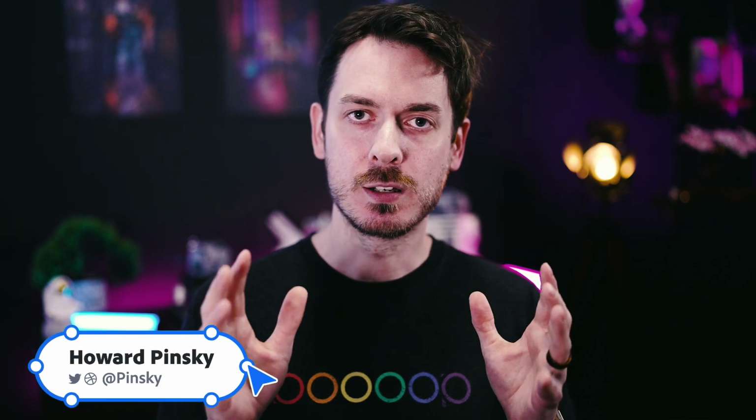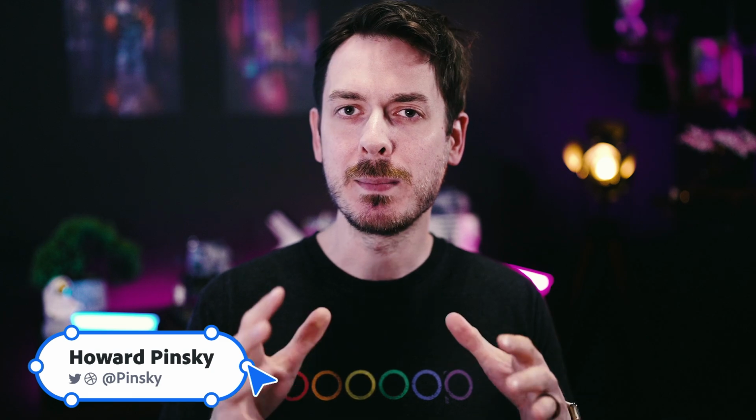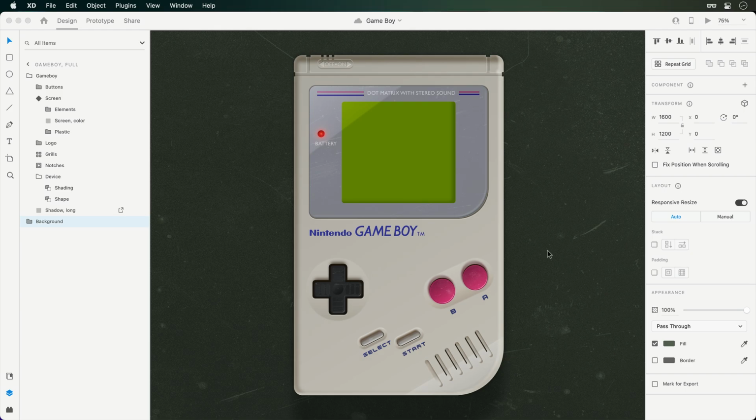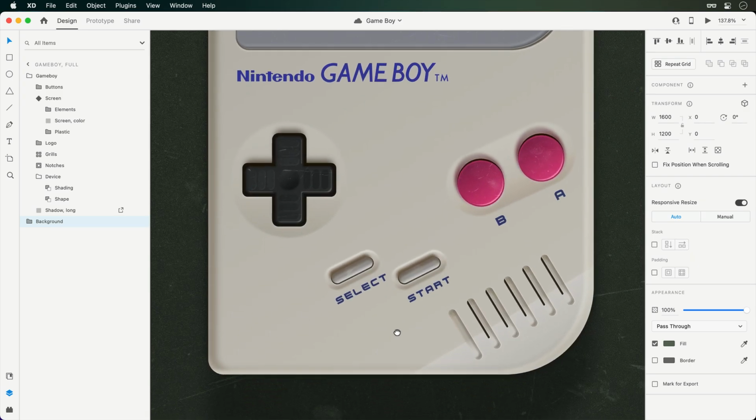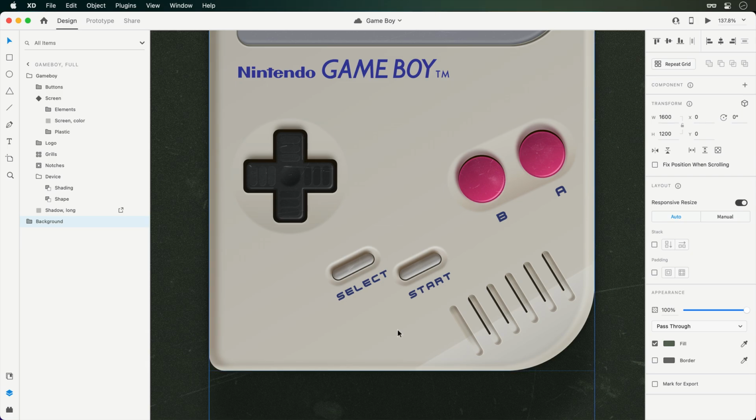If you've been following me on Twitter or Dribbble, you may have noticed I've been big into textures and blend modes lately. Sometimes a little bit too obnoxiously, but there's something about them that just gives a nice finish to our designs. Let's take a look at an example. Here we are in Adobe XD with a recreation I've been working on of the iconic Game Boy. And it looks alright, but to really give it that vintage feel, let's add a few textures, starting off with